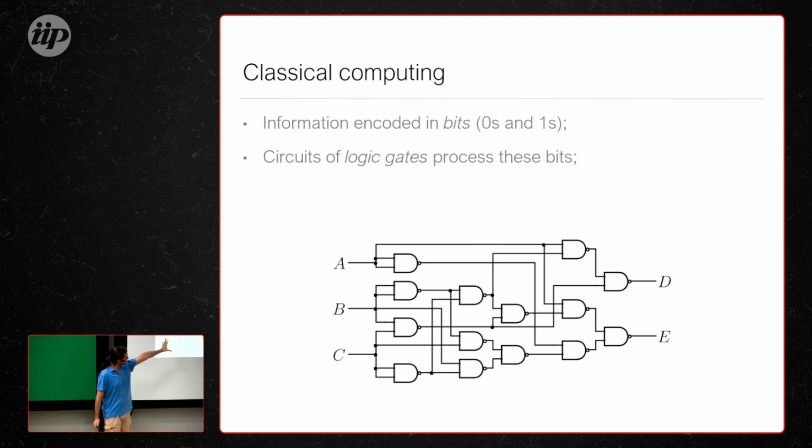Now we don't usually have to think about classical computers at this level. Any chip in my computer has trillions of these tiny operations, so you would go crazy if you tried to understand it at that level. So we've developed several layers of abstractions that end up in operating systems and so on. But as you'll see, in quantum computing this is the level we're at right now. We're still talking about manipulating the qubits one by one. So at the fundamental level, this is what a classical computer looks like: a very big circuit of these things.